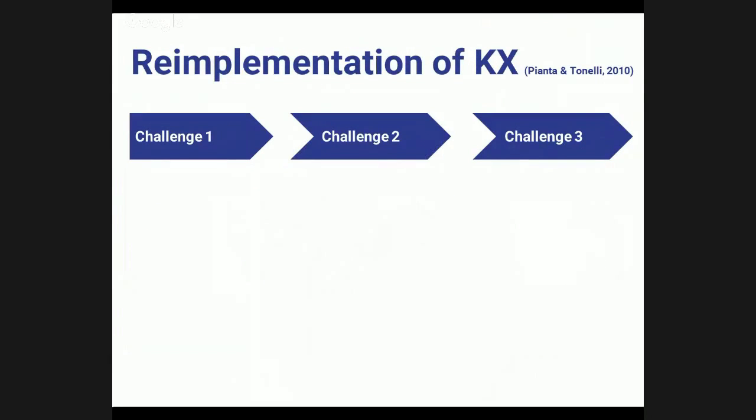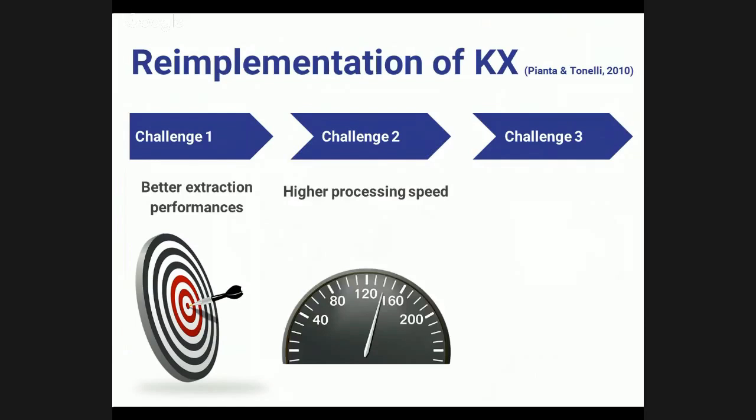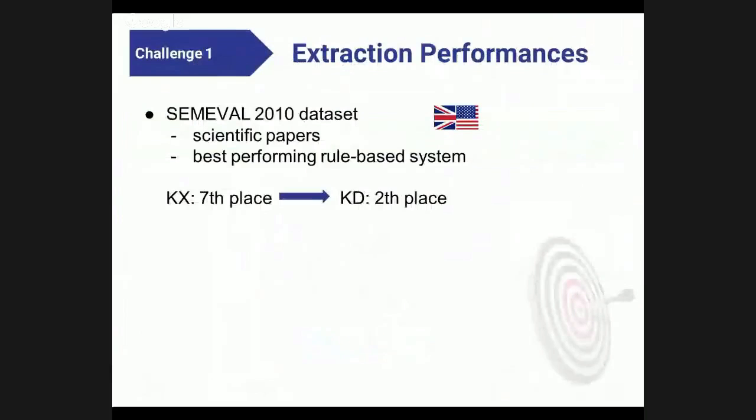KD is a reimplementation of the previous FBK system for key phrase extraction, and we had 3 main challenges. The first was to improve the tool in terms of precision, recall and F-measure. The second was to speed up the processing time of the tool, and the third was to enhance the customizability of the tool. As for the first point, it is the improvement of extraction performances. We evaluated KD on both English and Italian and on 2 types of texts. So we replicated for English the SEMEVAL 2010 evaluation on key phrase extraction for scientific papers, and